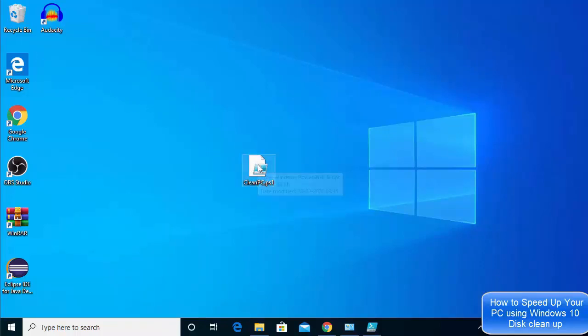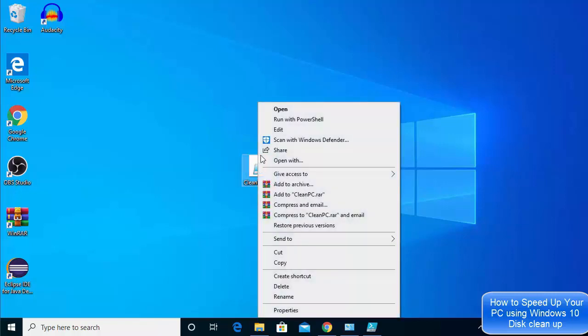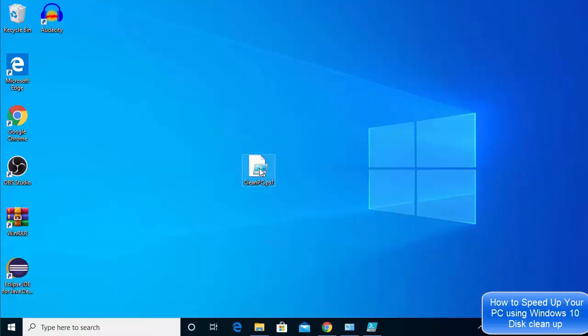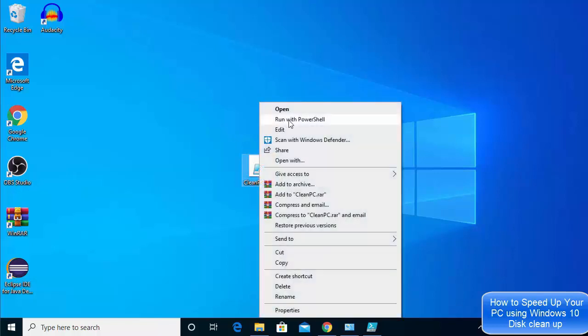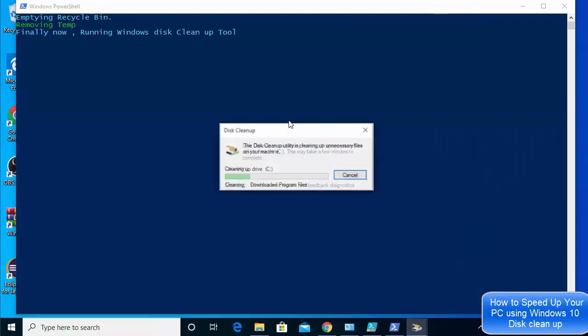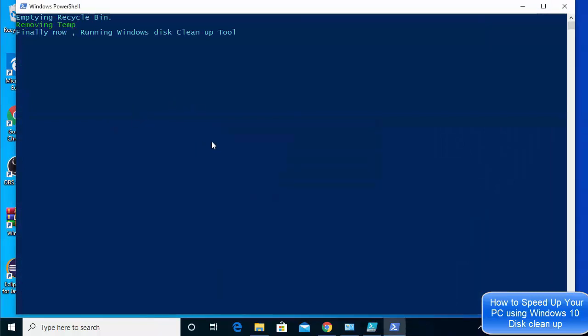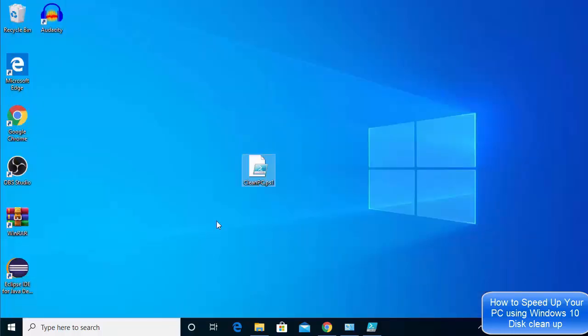Next, you need to right click on this file and then run with PowerShell. Okay, so just right click on this file and then click on run with PowerShell, which is going to run this script using PowerShell. And once it's done, you will see it's now running the Windows cleanup tool, and once you are done,